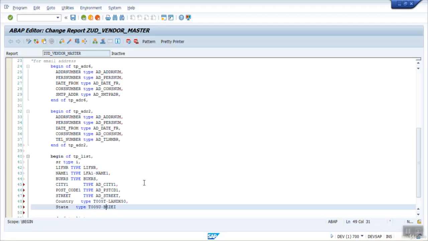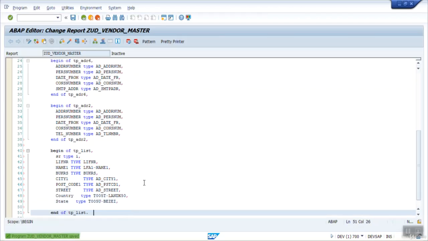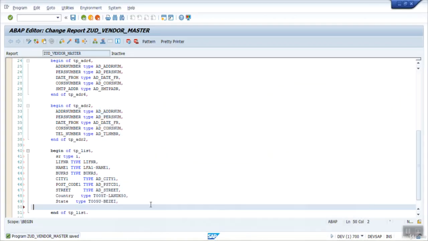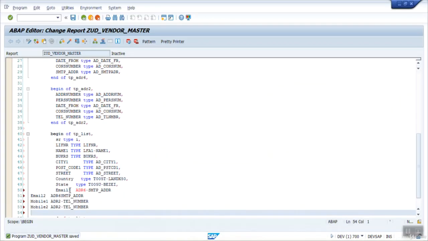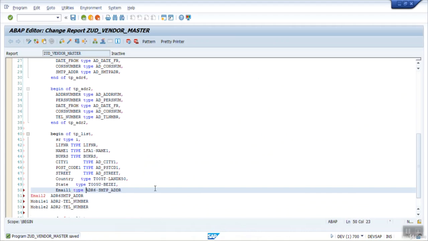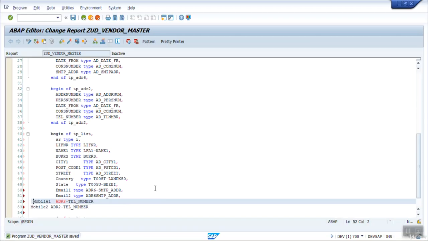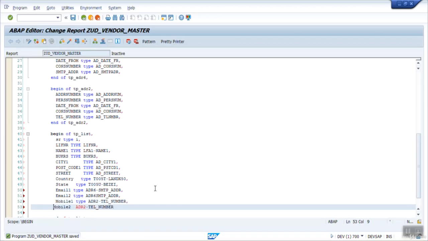of type T005U BEZEI. And after that I want to print the email address and the mobile number. So I will copy this as it is. Email ID 1, that is the email ID 2, this is mobile number 1, and then mobile number 2,